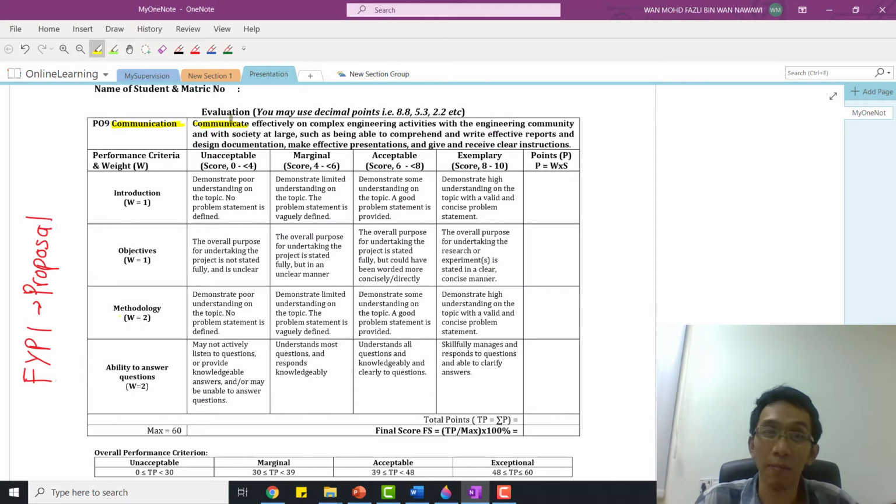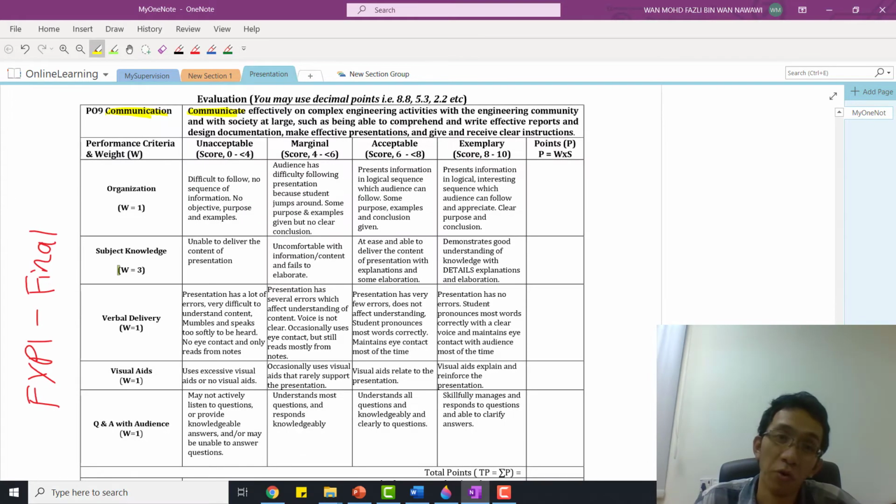So this is an example of an FYP1 proposal presentation rubric assessment tool. Most of your mark comes from your methodology. If you have a good methodology, then you're demonstrating you have a good understanding of your project. This is an example of a rubric for FYP1 final presentation. As you can see, most of the mark comes from your subject knowledge.